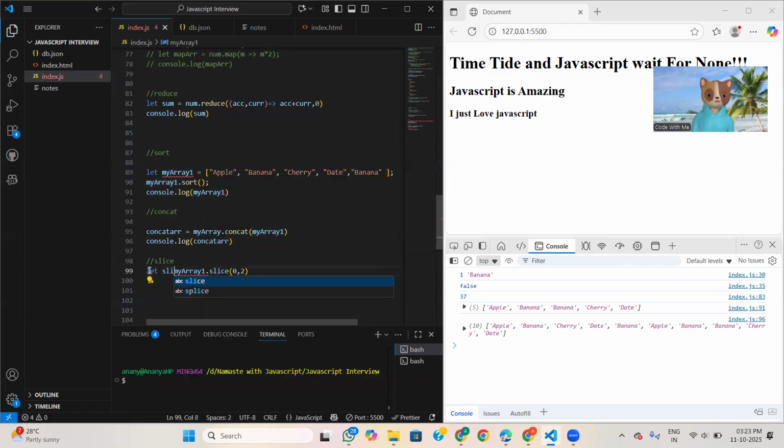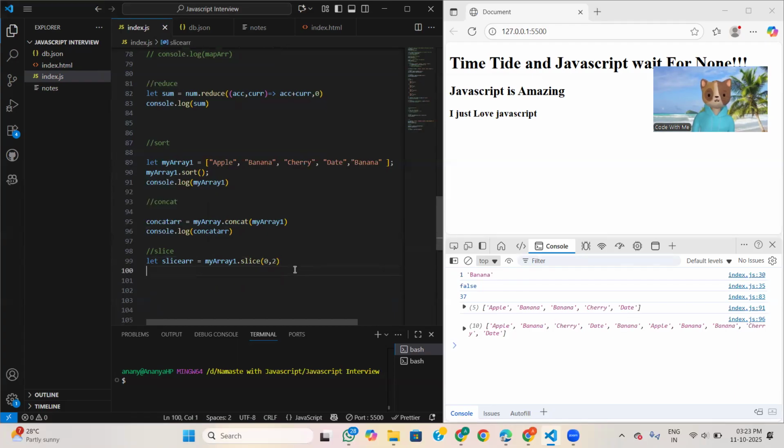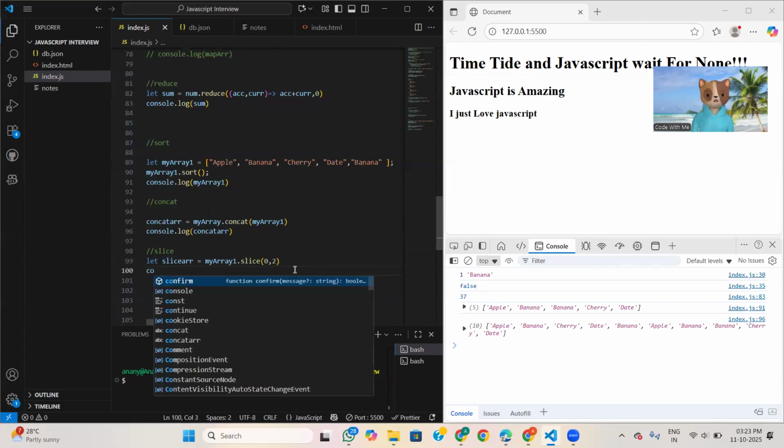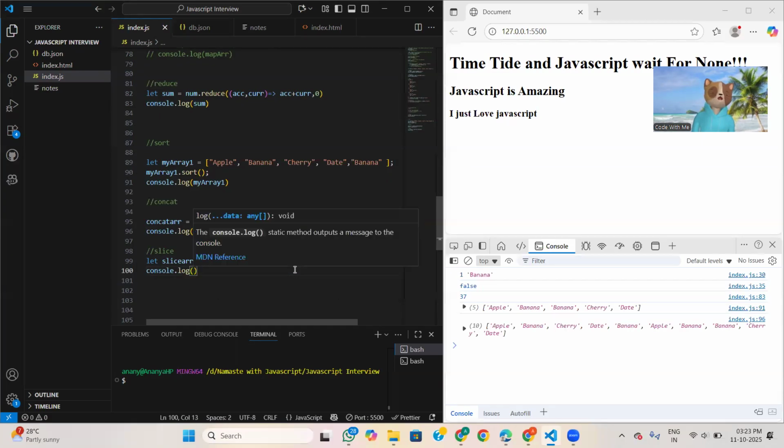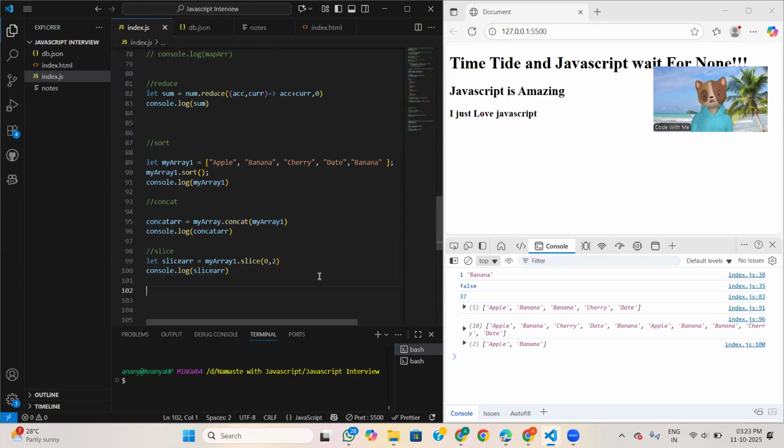Let slice array is equal to. Now see what will be the output.